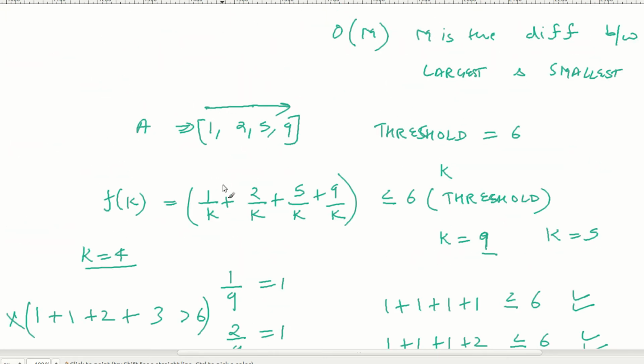So this is the property that we can use when implementing a binary search solution for this. So what I will do now, let's say low is my lowest element in the array, let's say it is 1, and high is the highest element, which is 9. So what will happen here is, I will try to implement a binary search between low and high.